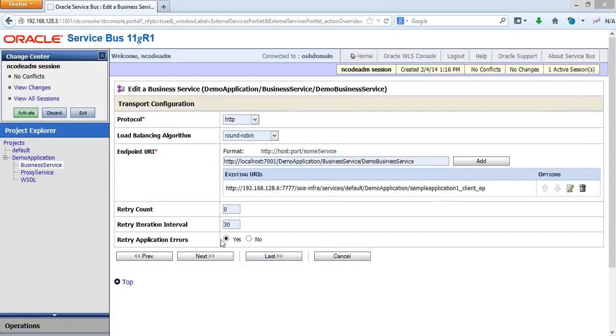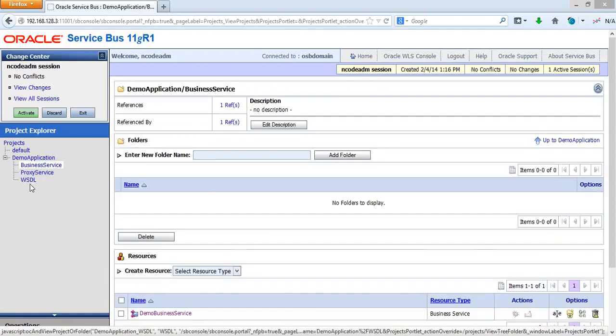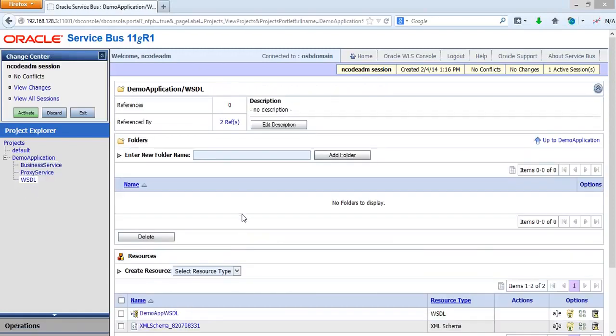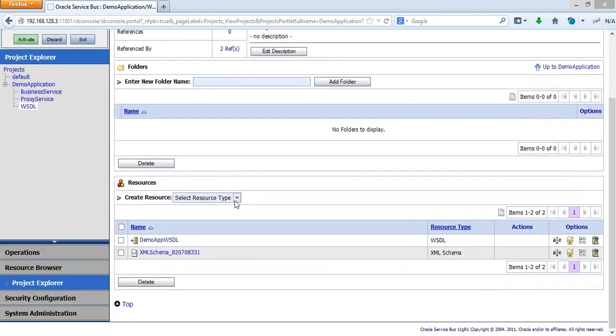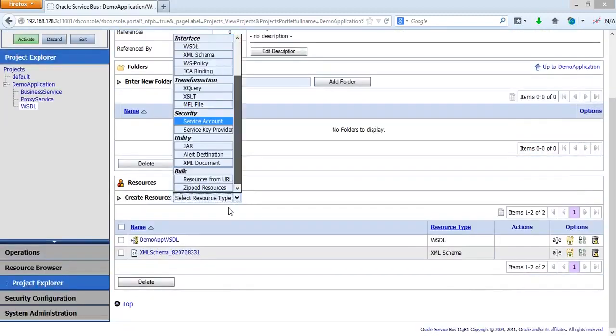On the business service, go to the next one. We have to add the visitors, so let's add the visitors of both. Add a visitor from